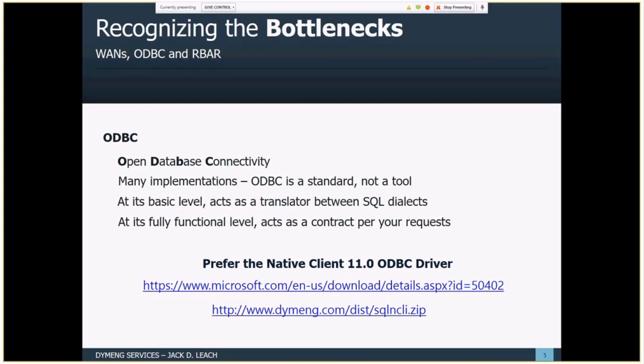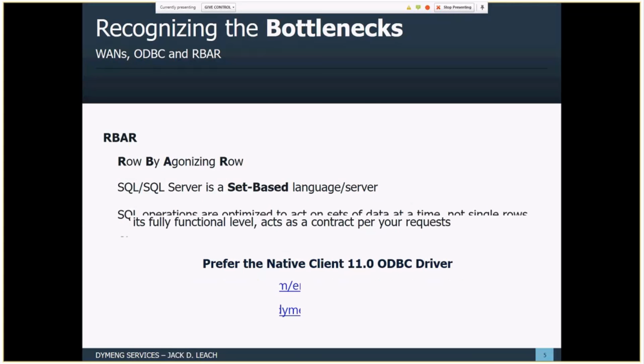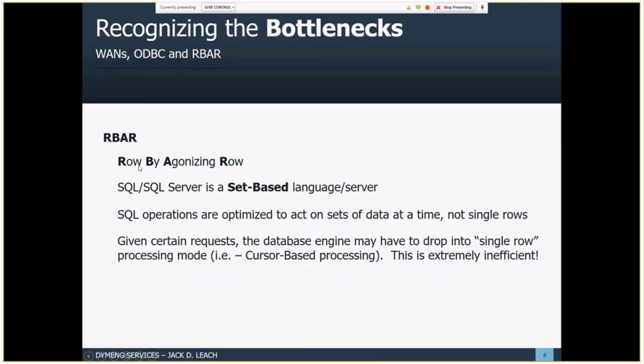We're going to take a look at one more core aspect, which is what we call RBAR, or row by agonizing row. In order to understand why we may have a query that can take 2 seconds, or we can get the same data in a query that can take 2 hours, we need to understand how SQL attempts to work, and how it could work in more of a worst-case scenario. This term is not a formal term. It was coined by a gentleman, I believe named Jeff Moden, a number of years ago,